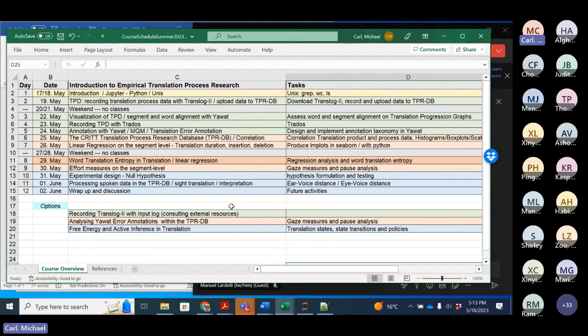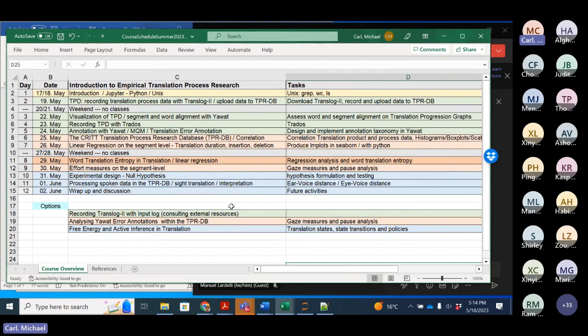In order to log also what happens outside, there is another tool that one can use, and we have used InputLog. InputLog is a tool that was developed by the University of Antwerp, I think, and it can be downloaded there. It runs in the background and logs all the keystrokes that are produced on the keyboard. And these could then be merged.